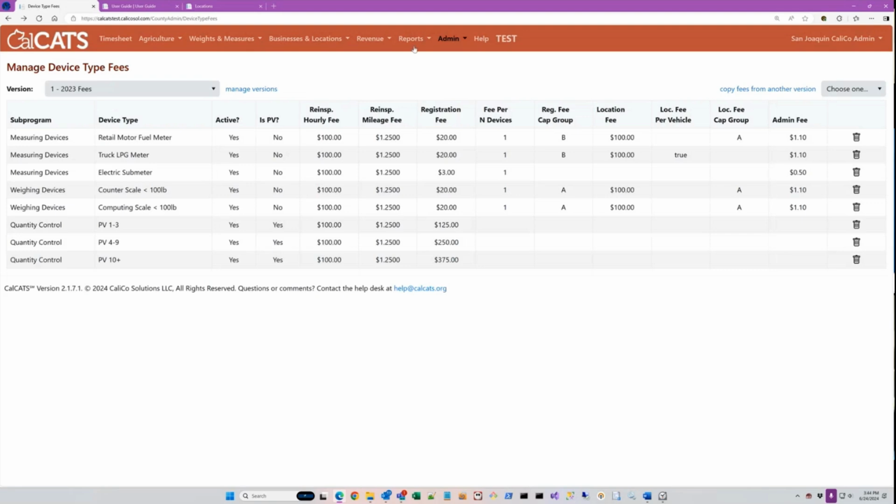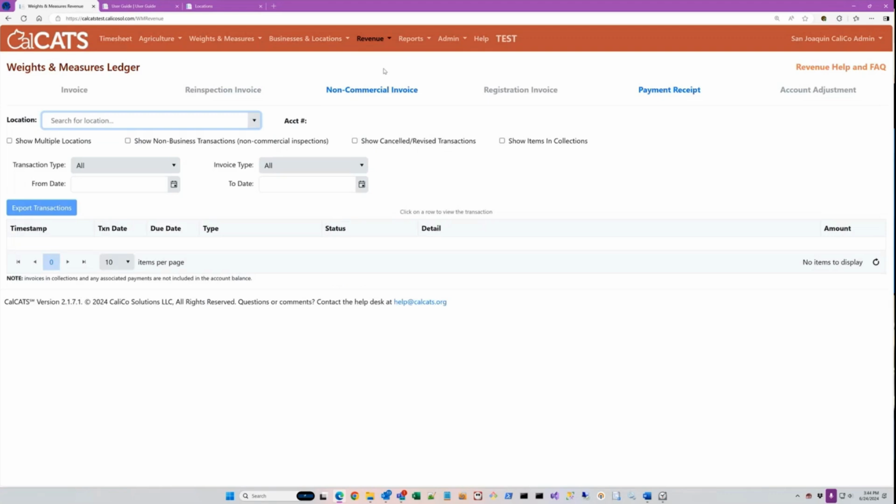So the home for all of this is under the revenue menu, and it is the first entry here, the weights and measures ledger. And the ledger really operates for the most part on an individual location basis. So the first thing I'm going to do is open up a Safeway store and take a look at what we've got in the ledger for it. Before I go there, though, there are a couple of transaction types that you don't have to have a registered business location